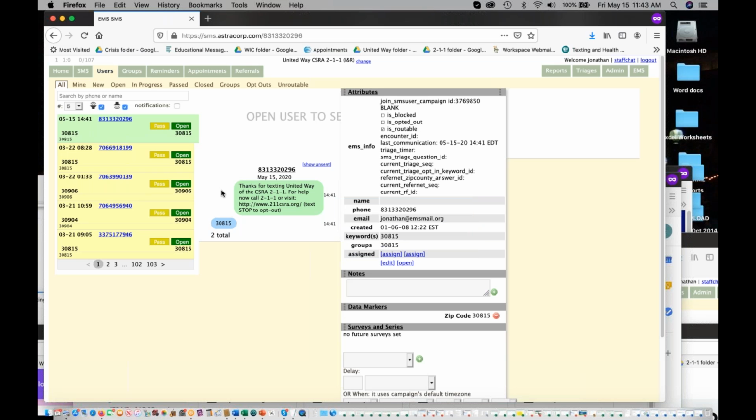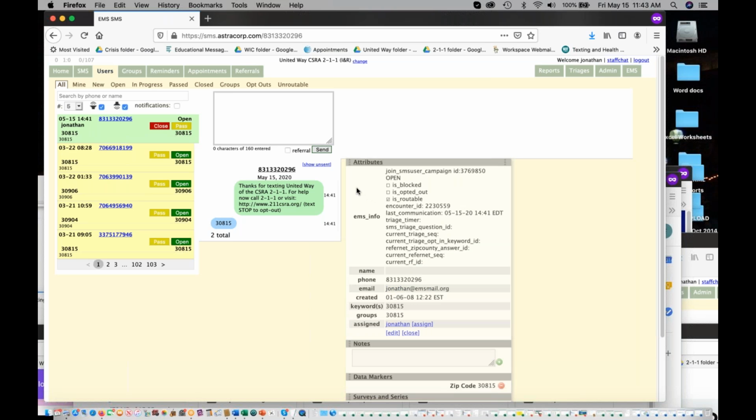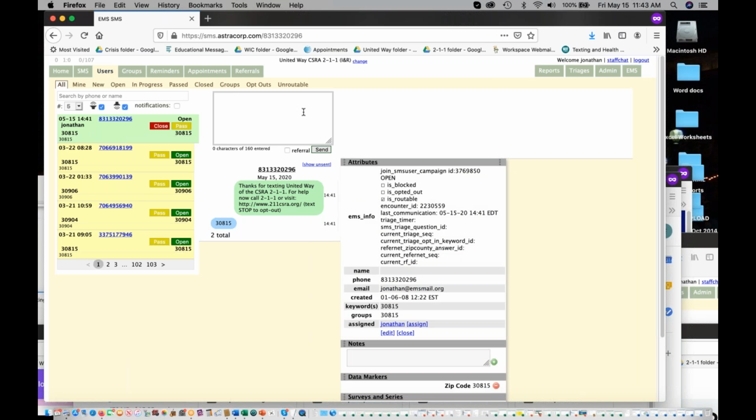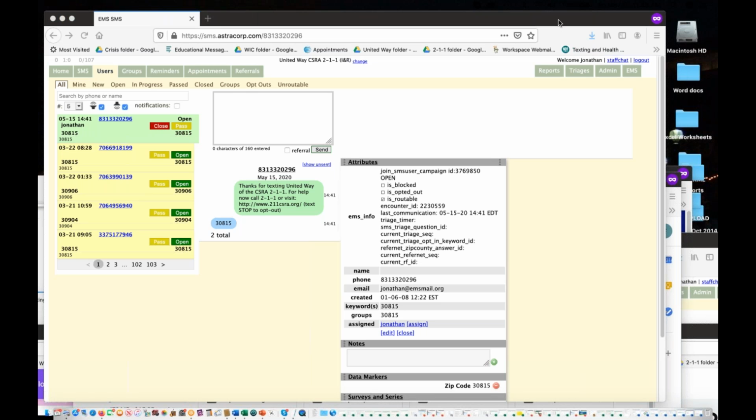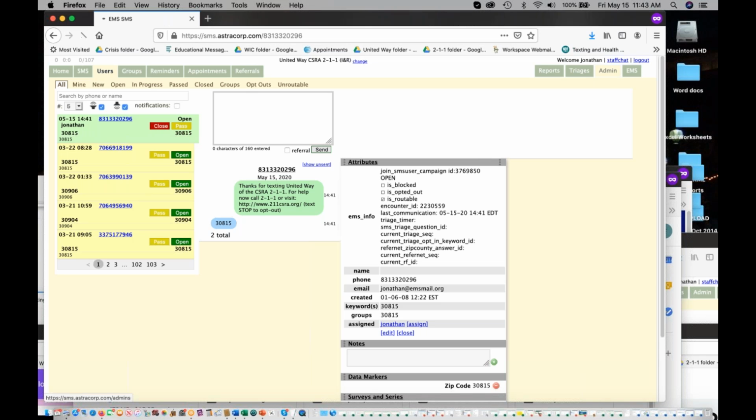If I want to have a conversation with this client, I just click open. And now I've got the text box. But I don't have any canned phrases. So let me show you what that looks like. Let me pop over there. So if I go to admin,